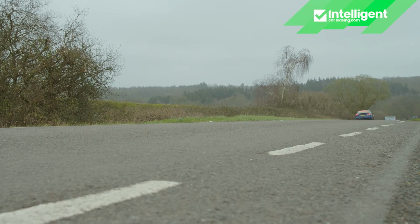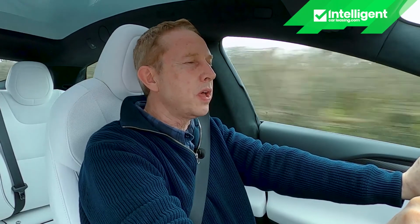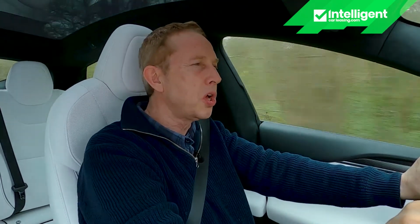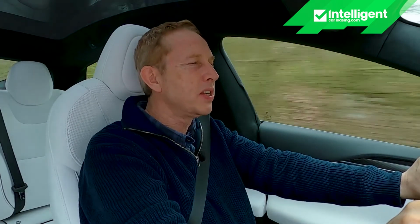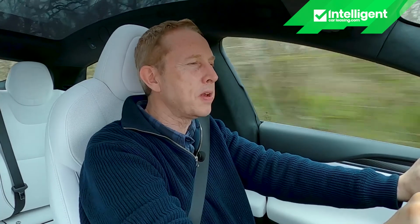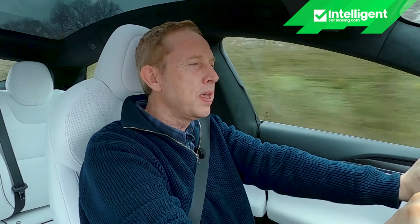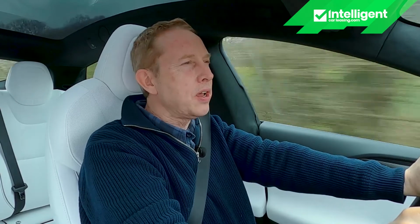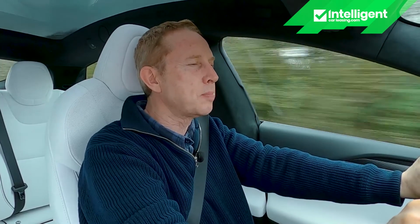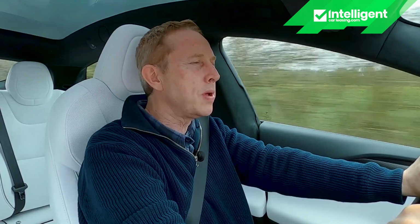What else might you need to know? Maybe you'll be interested in the fact that as an EV owner, until 2025, you'll be exempt from London congestion charge and ULEZ charges. And until that time, you won't pay VED car tax, and benefit in kind taxation will be at a super low 2%. Now, at the time of this test, in early spring 2024, that BIK tax figure saw 20% taxpayers levied at £384 a year, while 40% taxpayers were BIK levied at